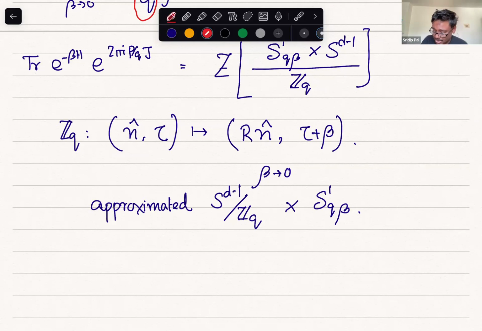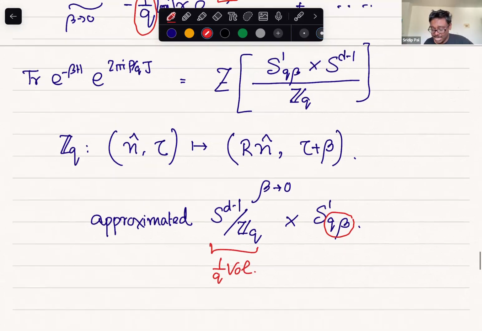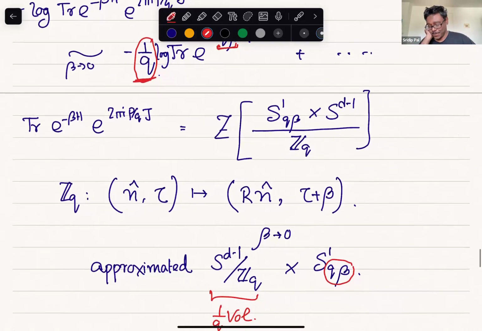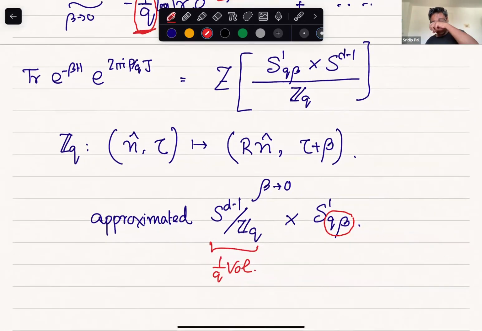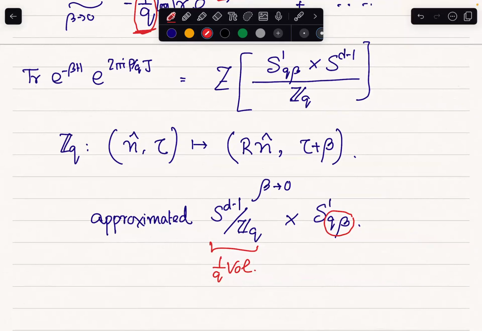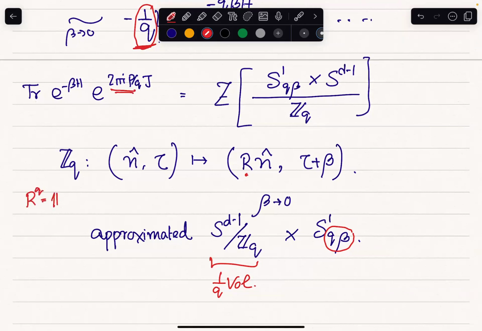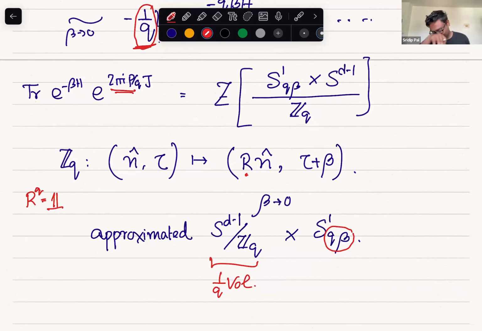And then this is the one replacement rule where β goes to qβ, and this gives you the 1 over q factor in the volume. And that explains the rule, the 1 over q here and qβ here. So is that clear? Sorry, what is r there? Oh, sorry. So r is the rotation, such that r to the power q is 1. Okay, thank you. So basically this is the Z_q element here.